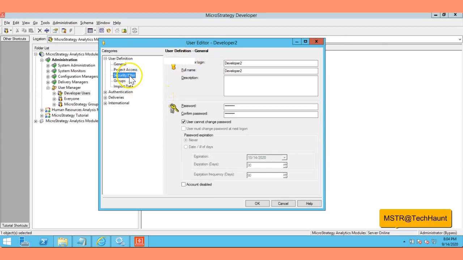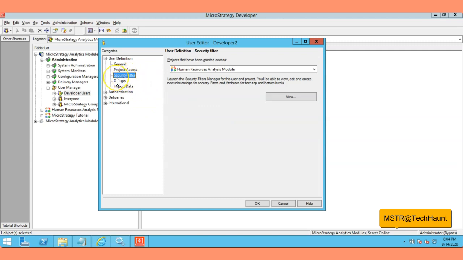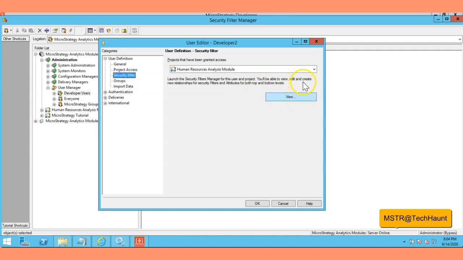Then you need to go to the security filter. You can see we have the security filter here, right? And you can see which projects you have granted to these users. We have granted access to this project. If you click on this view icon, you will be able to edit and create.